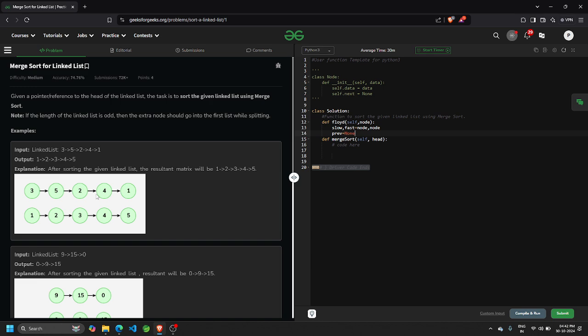That is why what we will do, you'll have a previous pointer which will actually be keeping track of previous things and it will break it. So what we'll do is that you'll have 3, 5 as one half and 2, 4, 1 as the other half, and then we break the link between 3, 5 and 2, 4, 1. That's why we have a previous pointer. And so while